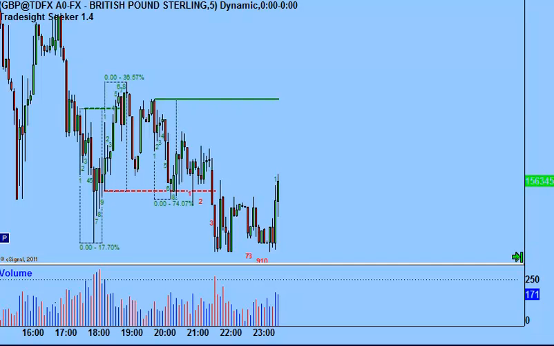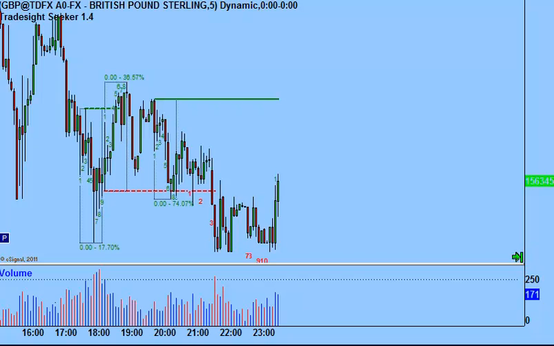Hello, this is a brief Tradesight overview of the Tradesight Seeker tool for eSignal. I'm going to give you a quick demonstration of the power of this tool. This is going to be on the Forex market in this example, but it works equally in the equity and futures markets as well. So basically we like to look at these Forex pairs, trade them during their